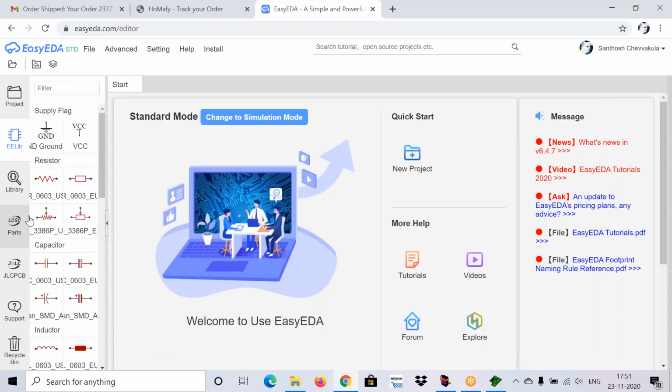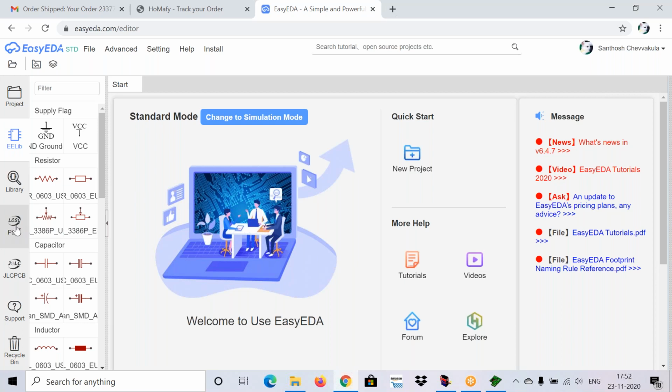The next one is LCSC parts. LCSC parts is an electronic component selling company. In LCSC parts you can find whatever electronic component is used in your circuit. It is an electronic components manufacturing company which is interlinked with the EasyEDA tool.